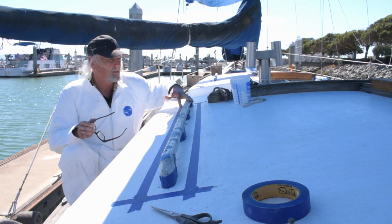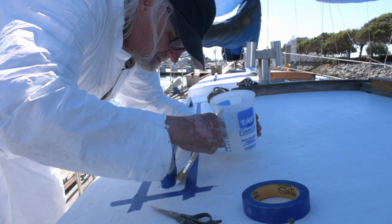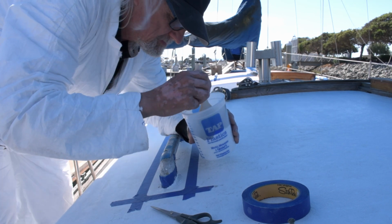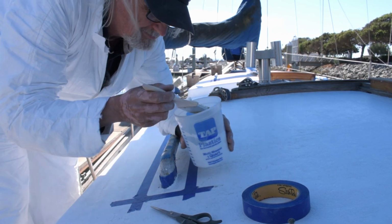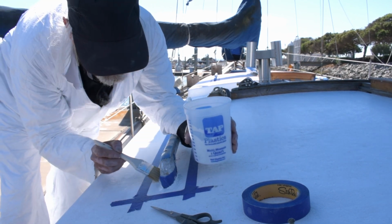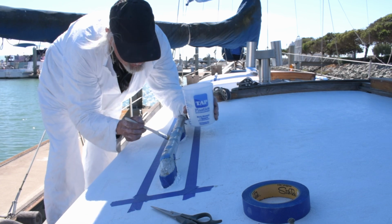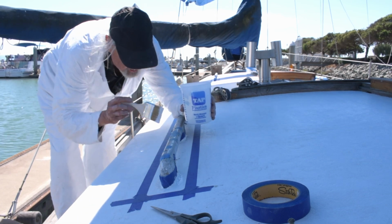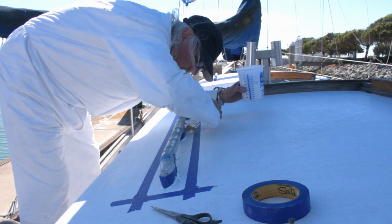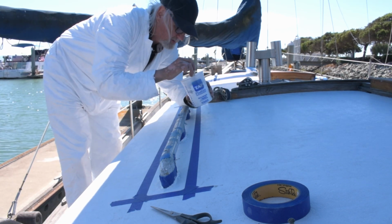Okay, I'm getting ready to gel coat under the handrails now, and I gotta work fast. I just mixed it up, it's catalyzed. I'm going around with the rails attached to the boat first. That's the hardest part, to apply this around these railings. I just did one of the rails on the other side of the boat, and